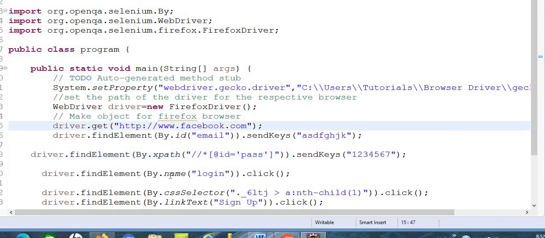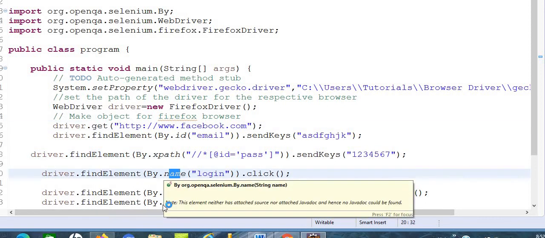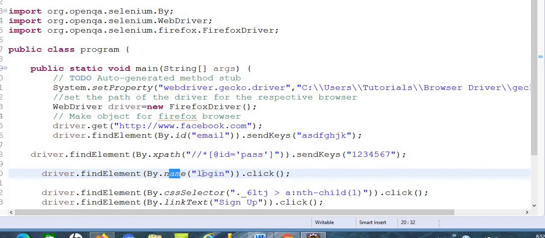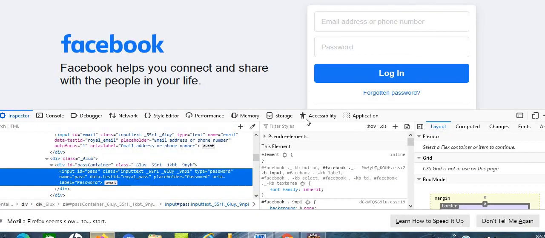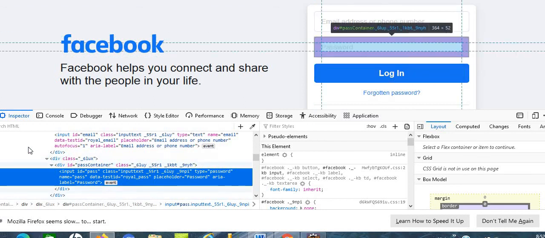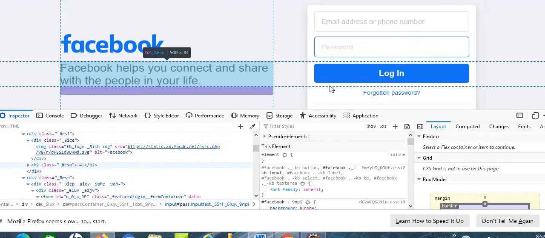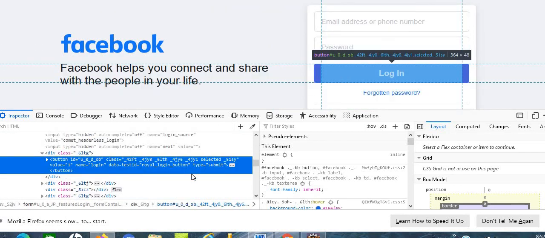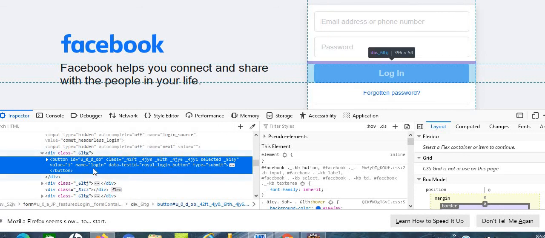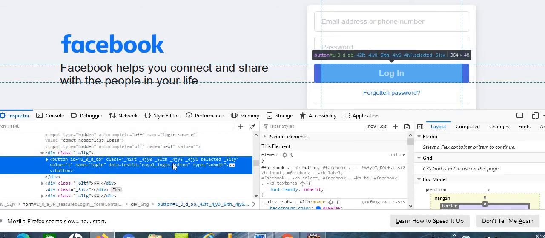After that I will take the name locator in the same way. This is the login button, so click on the login button and search where the name is. This is the name and this is the value of the name.